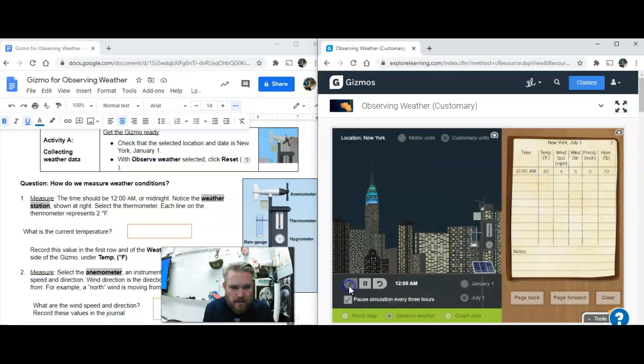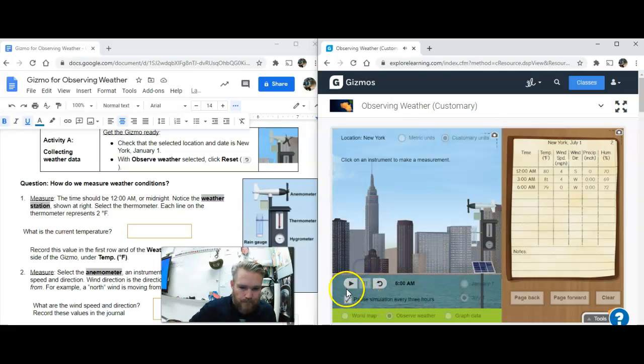Then we're going to hit play. Once we hit that one time, this time, it's now going to let us enter data, right? And then we don't have to write it all down every time. So play, enter data, play, enter data, just to get through the day. And then once you get through the day,